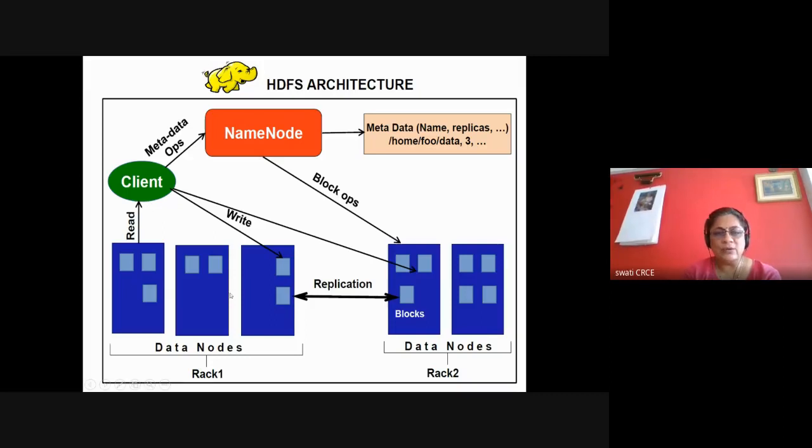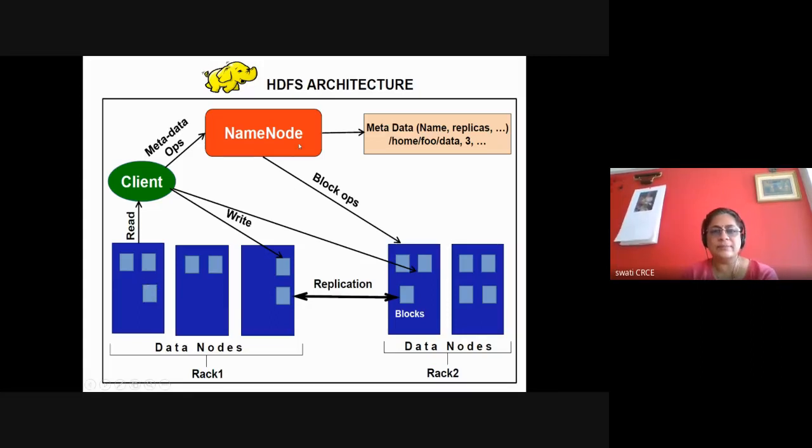And there are some data nodes in this diagram. There are two different racks. The first rack contains three data nodes. The second rack contains two data nodes for simplicity. A data node is a node which is going to store the actual data. In this diagram, I just want to tell you that there are three major components shown: client application, name node, and data node. Name node is the master, data node is the slave, and name node keeps the metadata information about the entire cluster: how many data nodes there are, how many blocks there are for a particular file, and which block is residing on which data node.